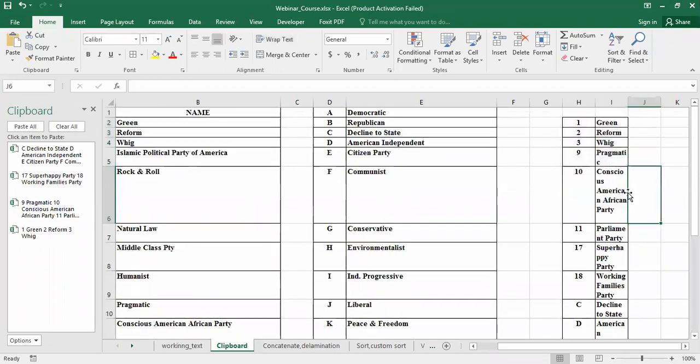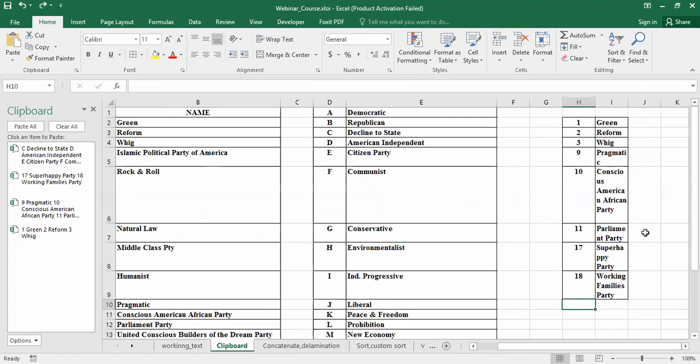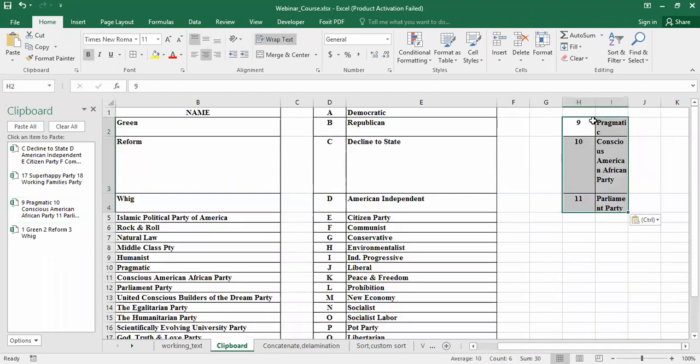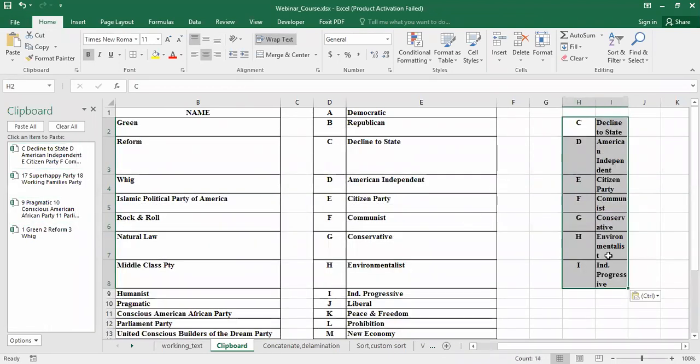Suppose you want to paste only a certain part, then you can go here. Like I will say Control Z. I want to paste only this part. I will click on this, so that will be the only one pasted. After that I want this, then this will be pasted. I hope you are understanding the things. This is very magical actually, right?